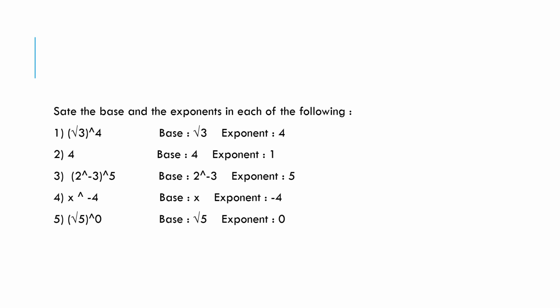Square root 3 power 4, the base is square root 3, exponent is 4. For 4, the base is 4, exponent is 1. For 2 power minus 3 whole power 5, the base is 2 power minus 3 and the exponent is 5. For x power minus 4, the base is x and the exponent is minus 4. For square root 5 power 0, the base is square root 5 and the exponent is 0. So this is how we find the base and exponents in the